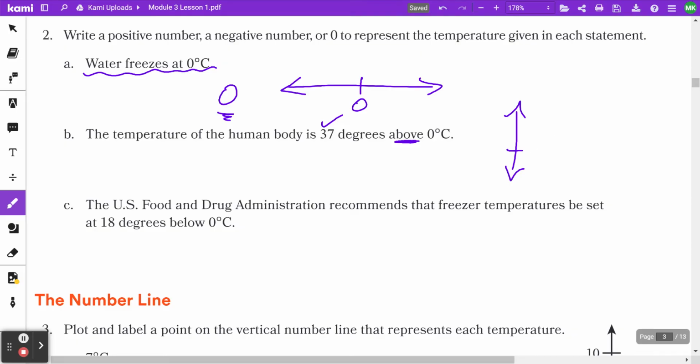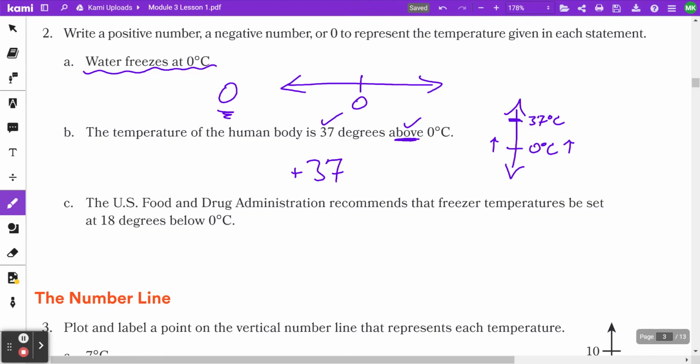Like a thermometer. This is 0 degrees Celsius. 37 would be above 0, somewhere perhaps over here. Okay. So if that's above, we know that's a positive. So 37. If you want to put the little positive guy in front there, that's fine. The U.S. Food and Drug Administration recommends a freezer temperature